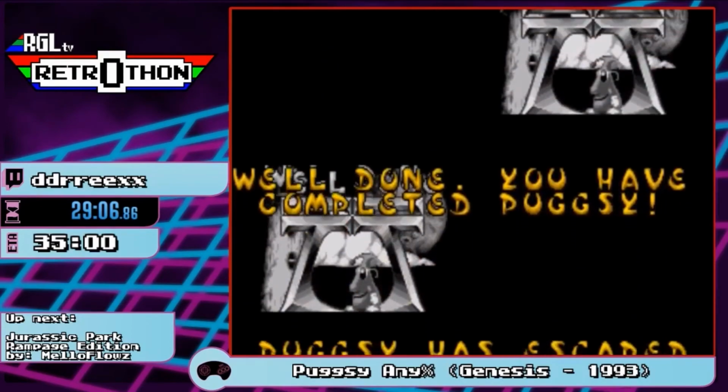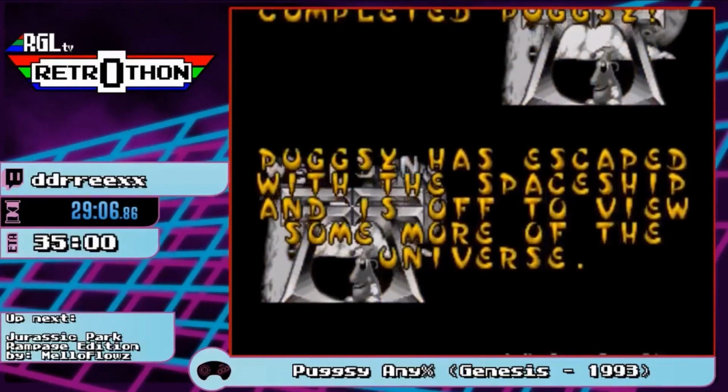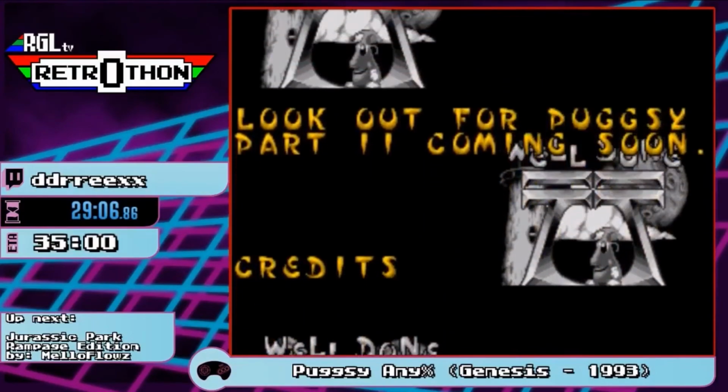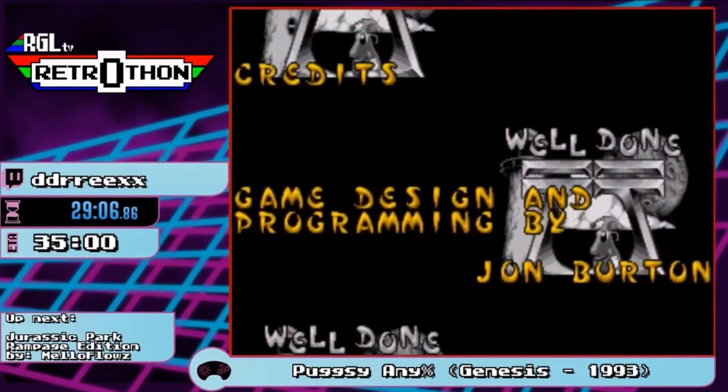Up next, we got Mellow Flows with Jurassic Park Rampage Edition, which is a pretty neat run. Alright, so I'm getting pulled in 45 seconds, perfect, so yeah. There's some little